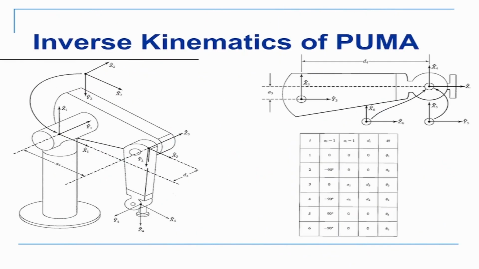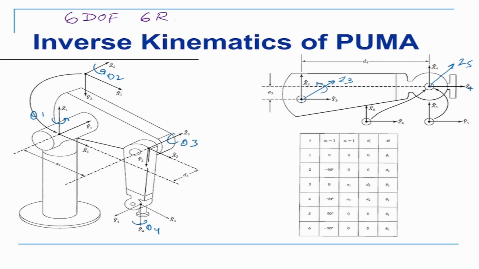Okay, let's move on to the PUMA now. The PUMA is a 6 degree of freedom system, as I explained in the last class. It has 6 revolute joints. Each of these joints has 1 degree of freedom, and the first one is here. That's my theta 1, that is theta 2, this is theta 3, theta 4, and z3 is that side.